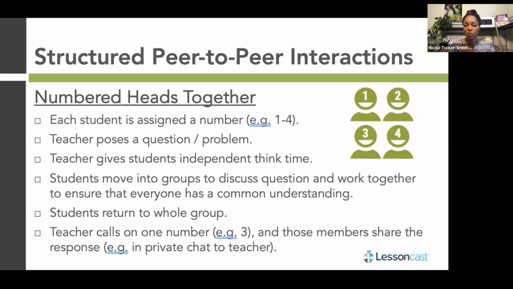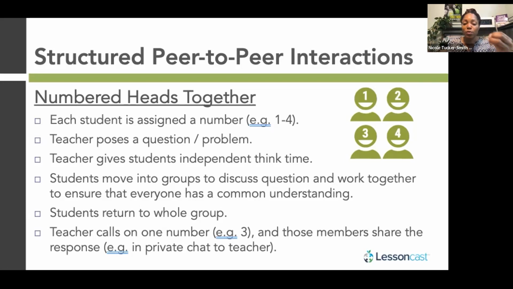Then students move into groups to discuss the question, work together, and ensure everyone has a common understanding and can produce a common answer. So that small group, everyone is coming up with the same answer. They're coming to consensus. This is what our group thinks is the answer or response to this question or problem. Then the teacher calls everybody back together as a whole group and then calls on one number. So remember, each student had a number, and I might say, okay, number 3s, everybody who is a 3, come